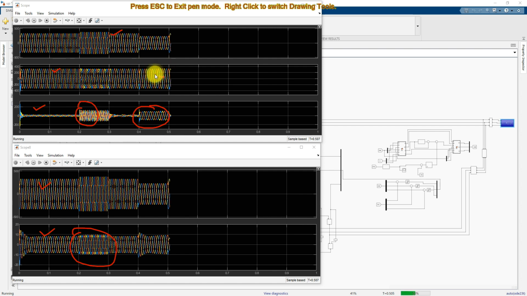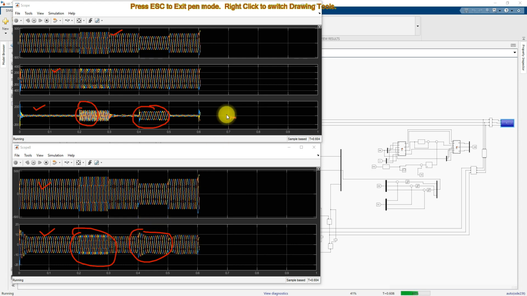So the voltage is maintained at 230 volt phase to ground voltage, right? And then here you can see this is a variation, the source current also maintaining sinusoidal during the sag